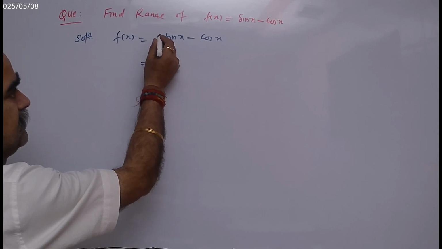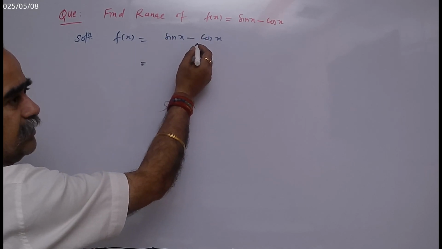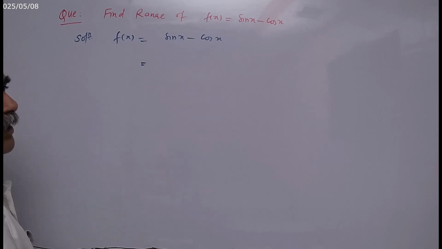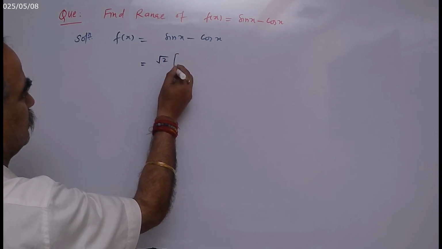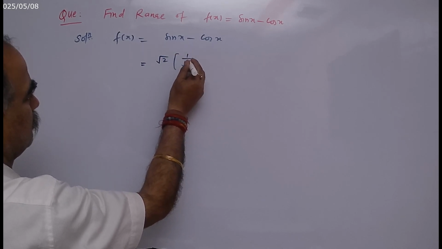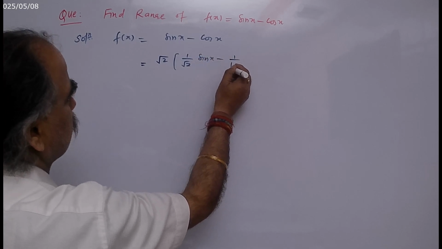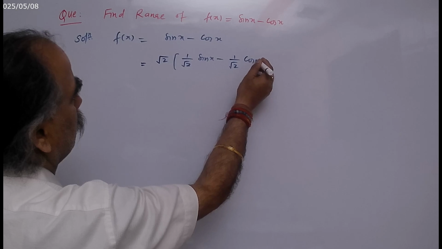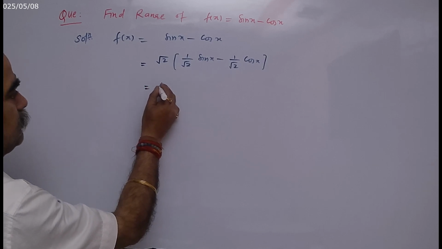For that, यहाँ पे कोएफिशिएंट ऑफ साइन क्या है? 1 और कॉस क्या है? 1, तो वी विल मल्टीप्लाई डिवाइड बाय रूट ऑफ 1 स्क्वायर प्लस 1 स्क्वायर, दैट इज रूट ऑफ 2 से मल्टीप्लाई किया और इसको डिवाइड कर लिया, 1/√2 sin x माइनस 1/√2 cos x, विच इज इक्वल टू √2 इंटू,